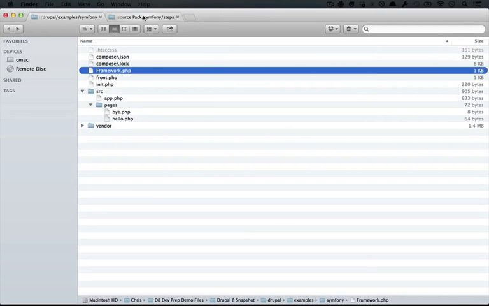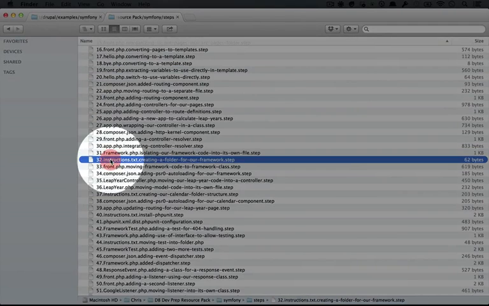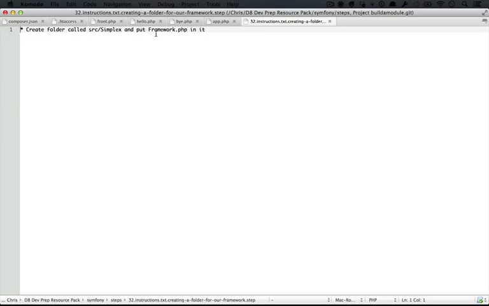And if you look at the instructions on the next step, that's the 32nd step, it just says to create a folder called src simplex and put our framework into it. So simplex is what we're going to call our framework. We could just in general call it framework, but by giving it a name, we'll distinguish it from other frameworks